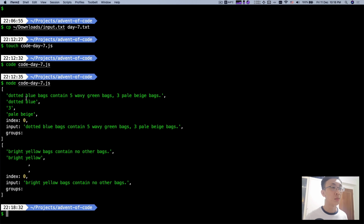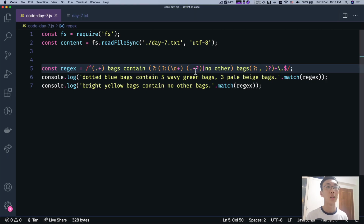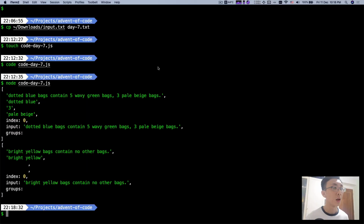Okay. Bright yellow contains no other bag. Oh, okay. I think I can't get more than this. I want to get 5 wavy green bags, but seems like I can't really do it. Well then,